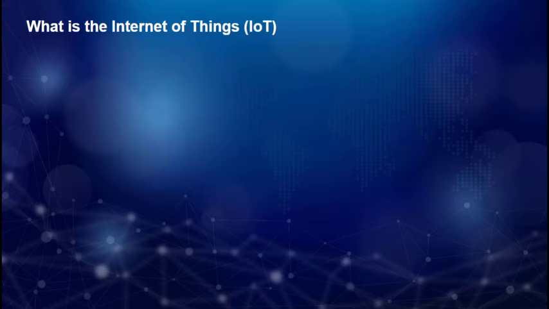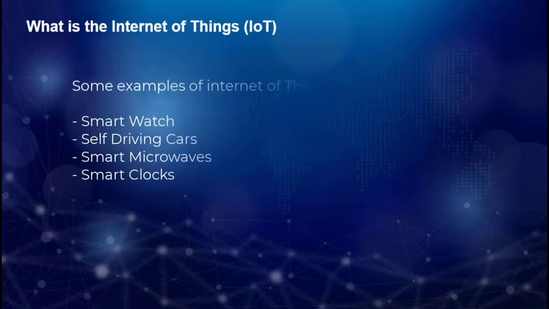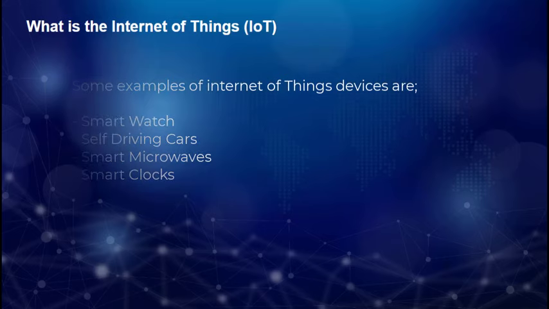If we think of our home, we have numerous devices around our home which need to be connected to the Internet, and the Internet of Things will collect data amongst each of these devices and share data on how they are used in the environment around them. Some examples of devices you may have are your smartwatch, self-driving cars, smart microwaves, or even smart clocks, which work in line with the overall internet and how things connect and talk to each other.